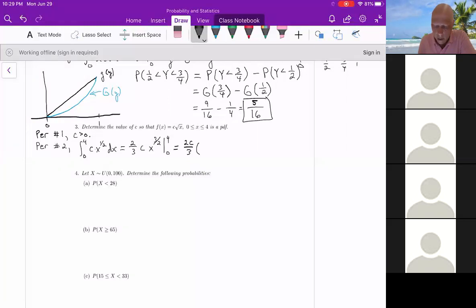Plugging 4 in, the square root is 2, and then cubed is 8. Minus, when I plug 0 in, the square root of 0 is 0, cubed is still 0. So I've got 16c over 3, this must be 1 for this to be a valid distribution,